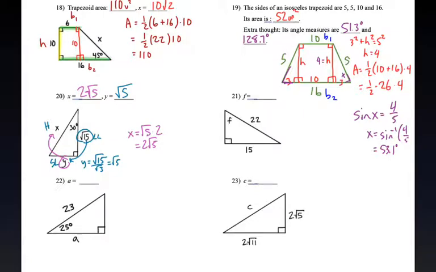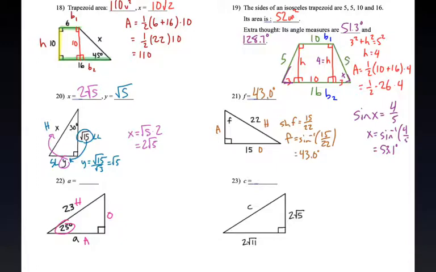Number 21, right triangle with two sides and an angle is what this is about. That's going to be sine, cosine, tangent. In this case, it's opposite and hypotenuse. Sine. The sine of angle F equals 15 over 22. So therefore, the arc sine of 15 over 22 gets us that angle. Number 22,